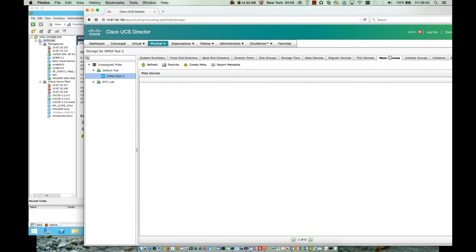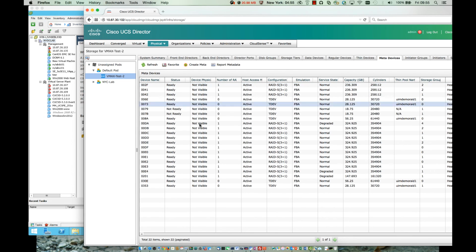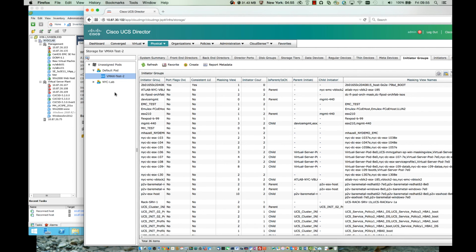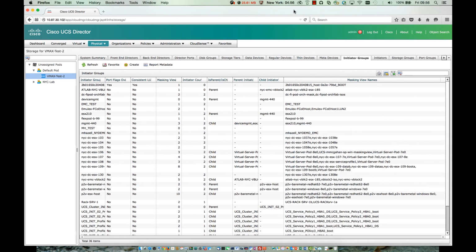We created a meta device, so let's have a look at the meta device. We can see here that the host is being added. It's currently in disconnected state. We can see here this is our meta device. 7B is the meta head. We included 7B and 7C. We can see here, if I just move this back over,